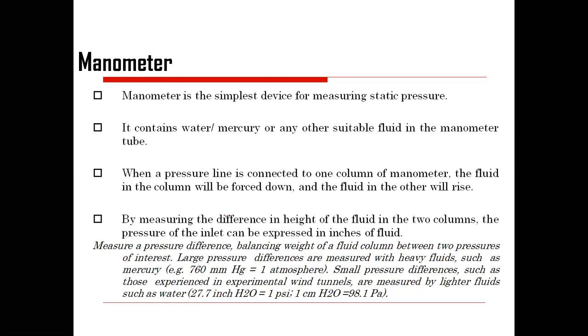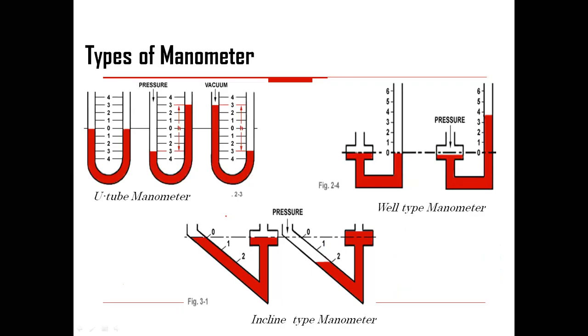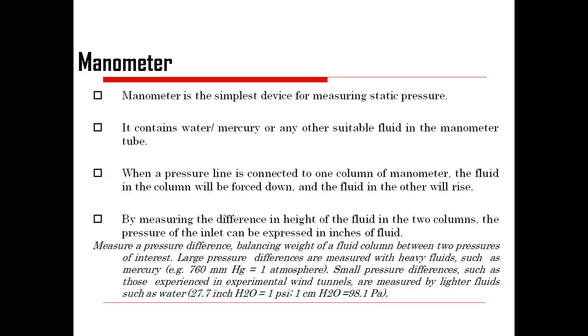Okay, so over here actually the unknown pressure will be applied on one of the legs, and that unknown pressure, depending upon its force, there will be variation in the output. So by measuring the difference between the height of two columns, or two legs, we are measuring the pressure at the inlet that can be expressed in terms of inches of fluid. So pressure